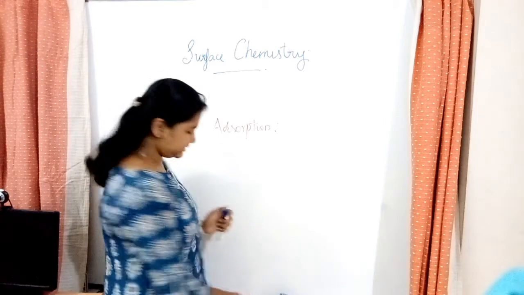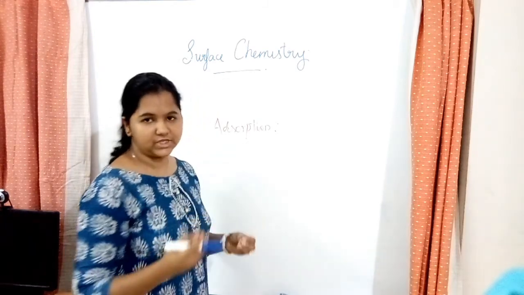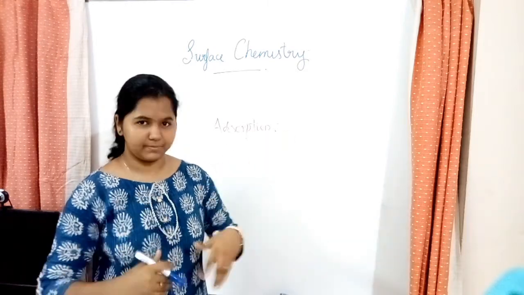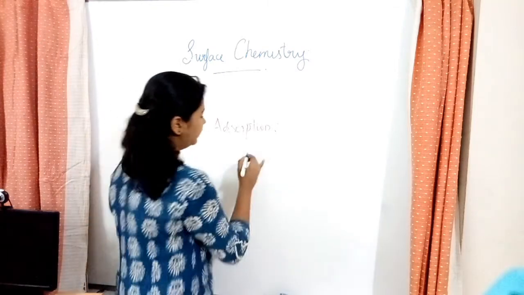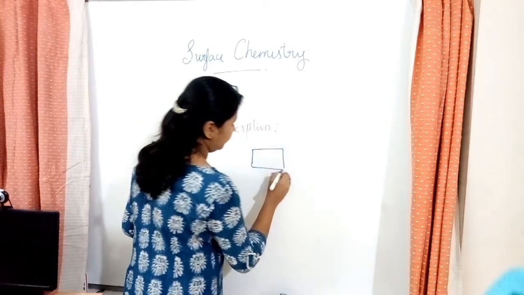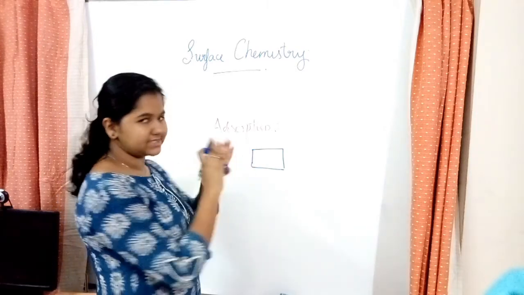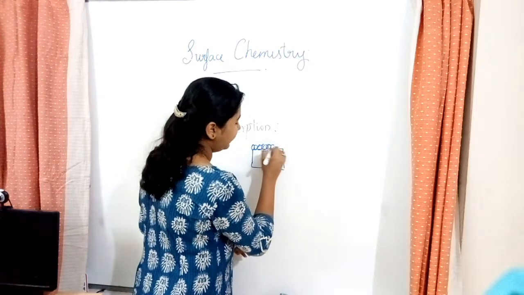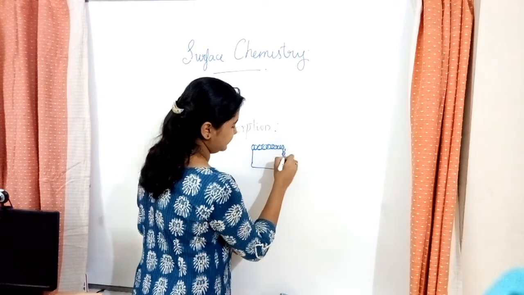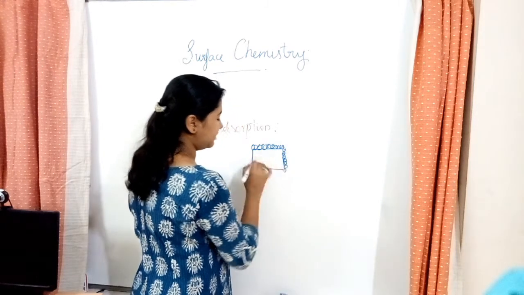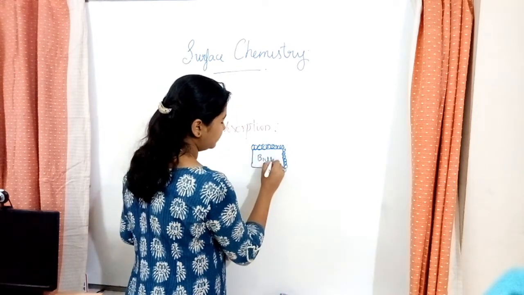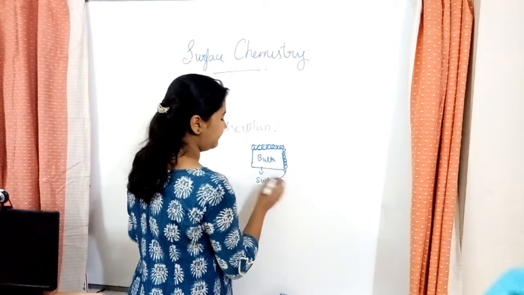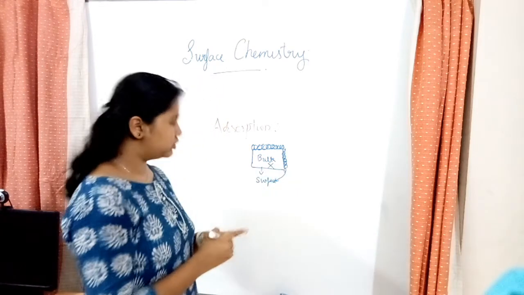Adsorption is the accumulation of molecular species or molecules on the surface of an object, which do not penetrate into the bulk. Okay. So I'll show you. This is the surface where adsorption is happening, and molecular species would come and accumulate on the surface rather than moving into the bulk. Bulk is over here, and this is the surface. So these molecules are on the surface and not in the bulk. Okay? So this is adsorption.